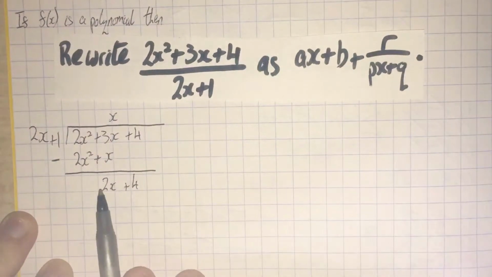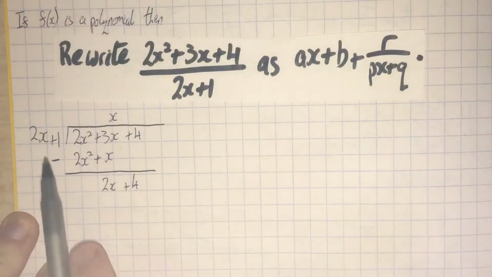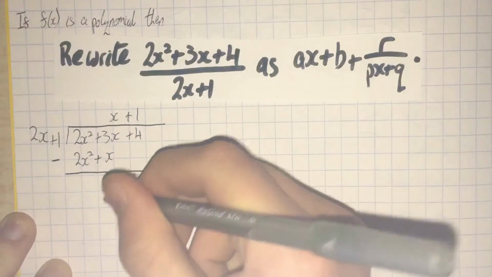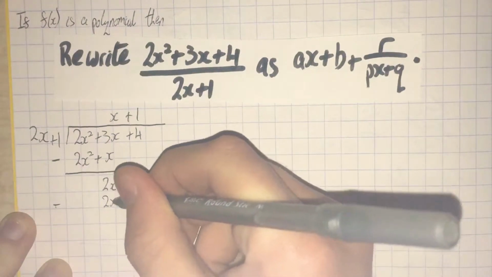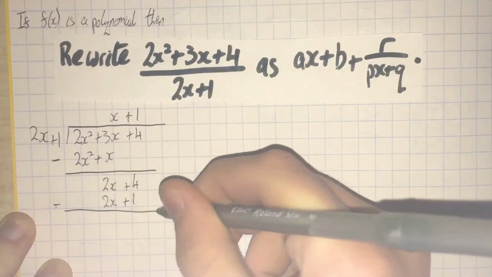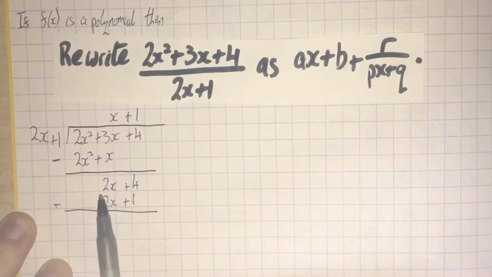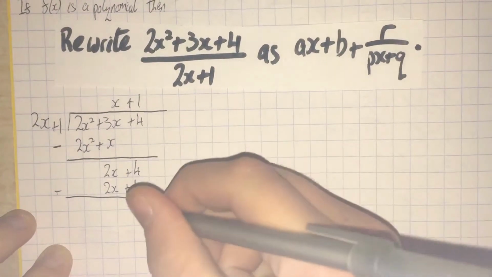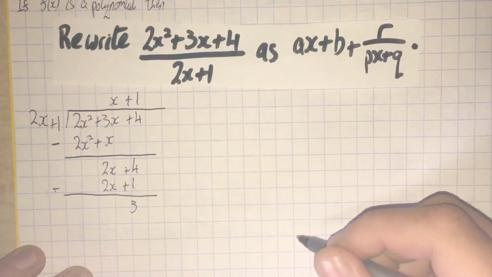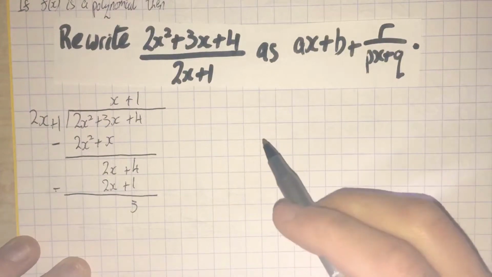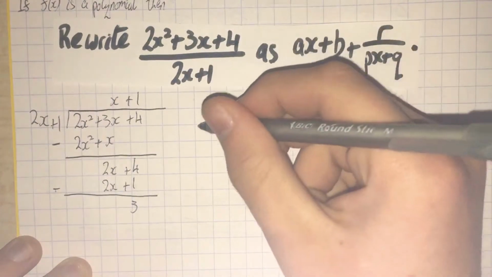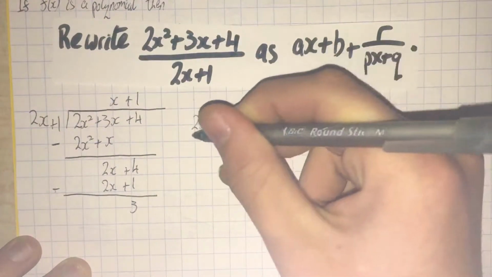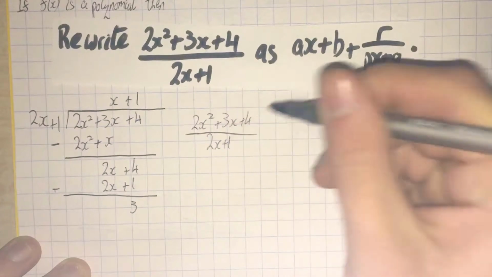Now we want to get rid of the 2x, so to do that we just timesing by 1, so plus 1, so we're minusing 2x plus 1, which will cancel off the 2x's and give us 3 overall here. So there we go, 3, and that means we can simplify our 2x squared plus 3x plus 4 all over 2x plus 1